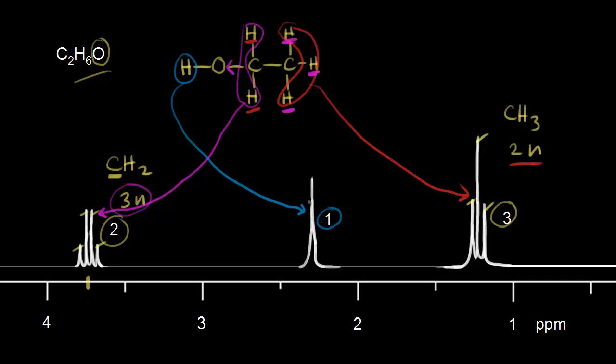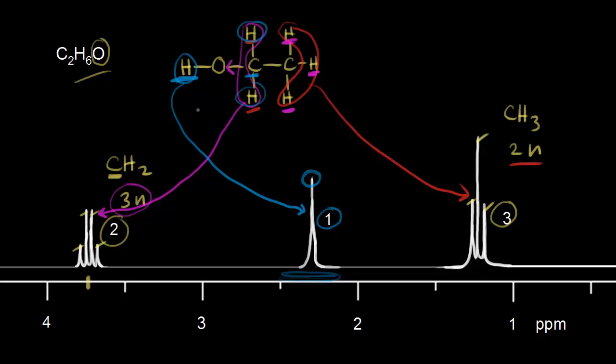And the chemical shift is hard to predict for an alcoholic proton. Usually you see 2 to 5 parts per million, but it's really hard to predict exactly where this signal is going to appear. And also, let's think about how many neighboring protons this proton in blue has. The carbon next door has 2 neighbors. So you would expect 2 plus 1 peaks. If n is equal to 2, 2 plus 1 gives us 3. So we'd expect a triplet for this signal, but we only see a singlet.